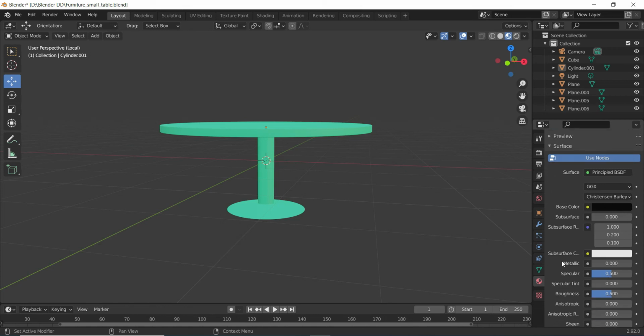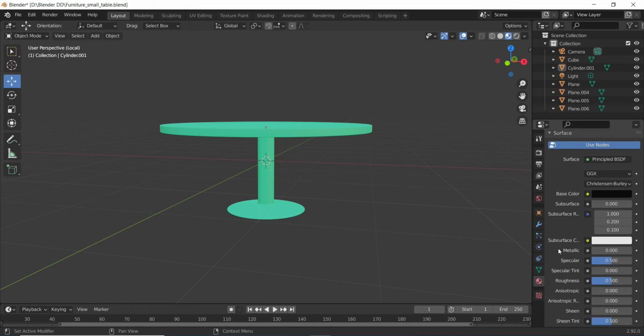And this surface I will make a bit metallic, so I'll increase the metallic value over here. Specular is good enough. Roughness obviously I will reduce, just a bit shiny, maybe a bit of roughness, because I don't want it as shiny as a chrome object.